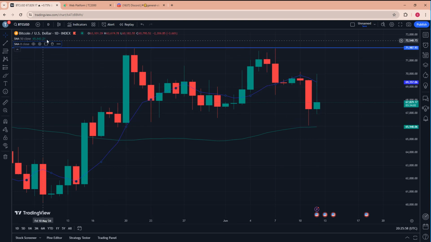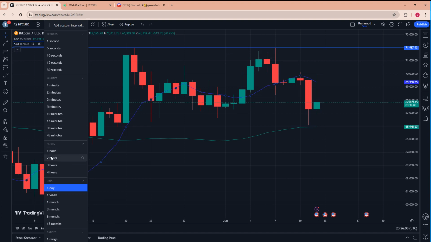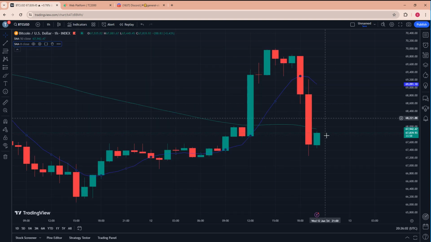And one more time, let's just look at it in the hourly view. It is crazy to see what these 2-hour candles did. That is wild. I wish I had more indicators here so we can see what was happening. I don't know if there was something running too hot or what it was, but at the minimum, with the very minimal information I have, I can see two things, right?